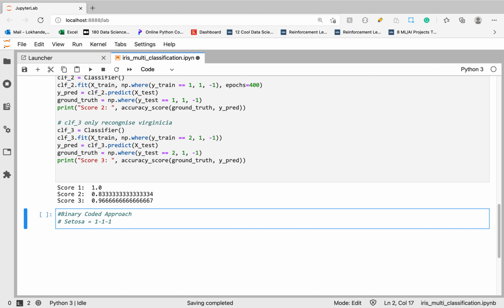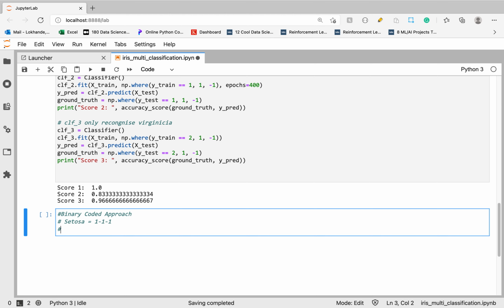If classifier 1 outputs 1, classifier 2 outputs -1, classifier 3 returns -1, then this is setosa. Let's see virginica.